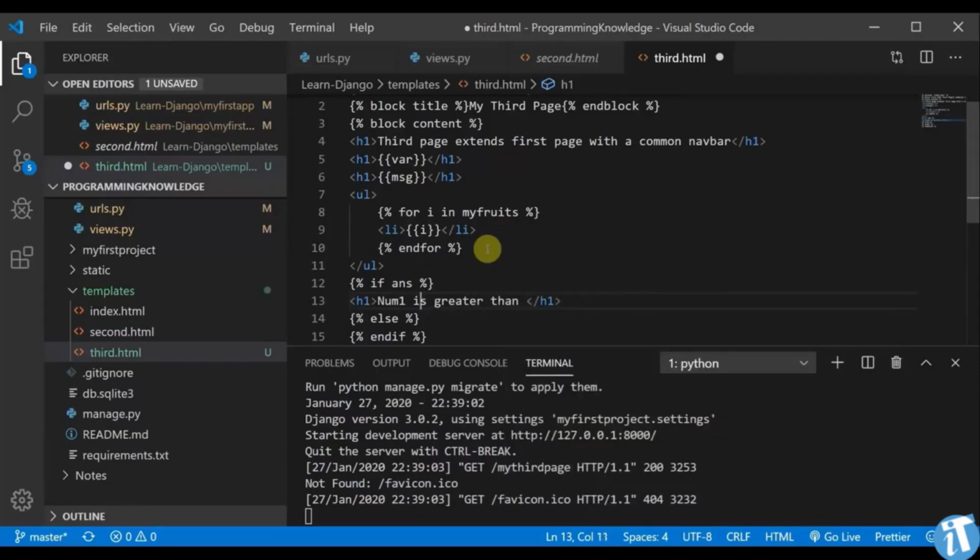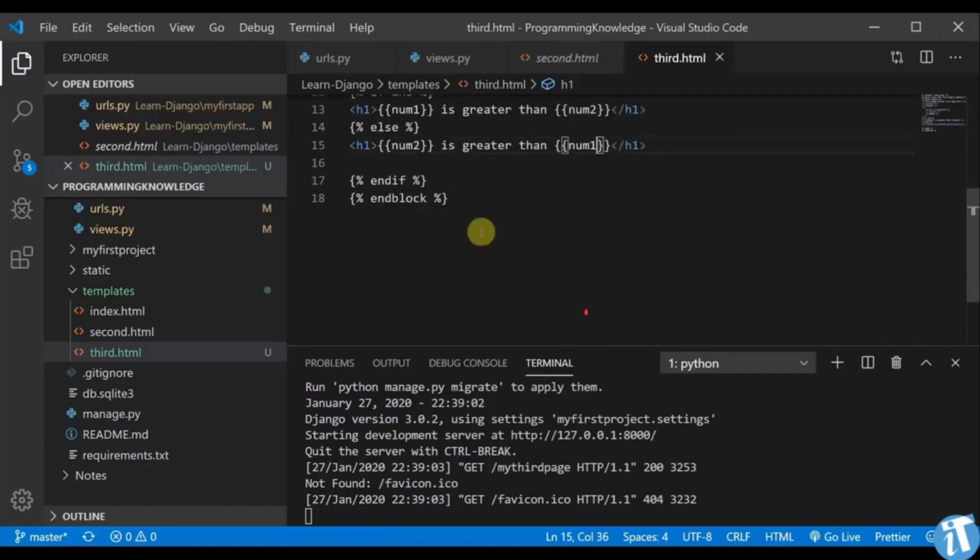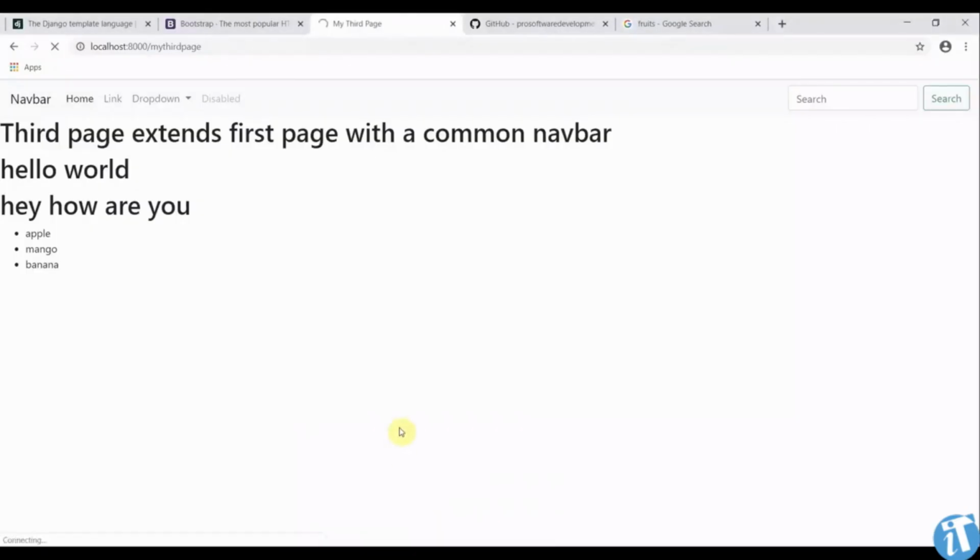okay, we can even do this like this also. What we can do, we'll use curly braces. Num1 is greater than num2. So this looks good. And the else part, we are going to the reciprocal of it. I'll change this as num2 is greater than num1. Okay, so this is my if else part, and I'll move to my page, and if this says 5